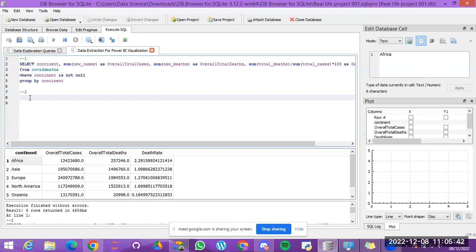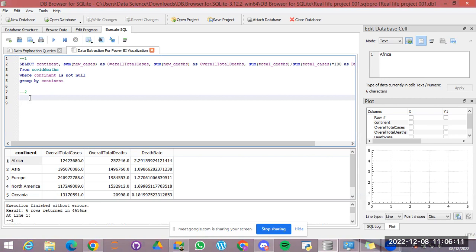We'll name that as highest infection count for a country. Then we'll look at max population infection rates. So we want to look at the max total case divided by population multiplied by 100. Then we want to name that as